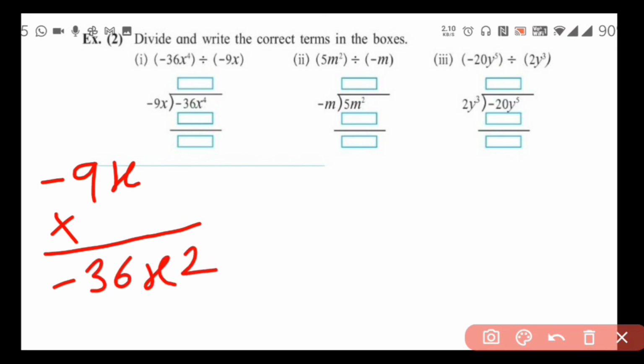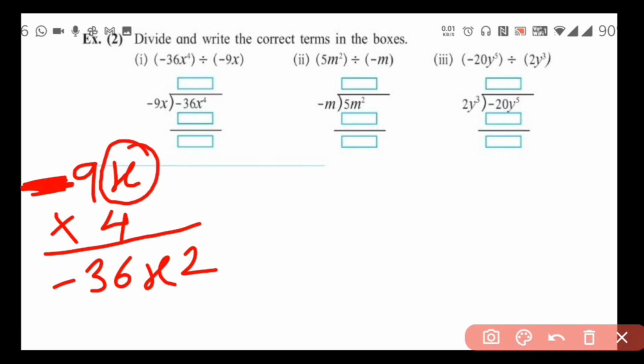So the minus sign is already there in 9x also. So we don't require a number having a minus sign. We will be multiplying by the positive number. Now let us see 9 multiplied by what? The answer should be 36. We all know 9 fours are 36. So 9 multiplied by 4. So we have got the coefficient. Now we should get the variable also. Here x is there in 9x.